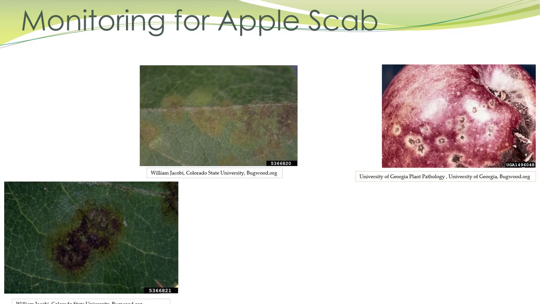Okay, apple scab is a big problem on the west side of the mountains. You can see on the far right here, this is what the apples look like, and they have kind of a corky texture. So these might be good for cider, but they're not going to be very good for eating them. In the middle here, you've got these olive colored spots, and if you turn to the underside of the leaf, you're going to see the fruiting bodies, and that's actually on a crab apple. So it's not just apples, it's on crab apples as well.